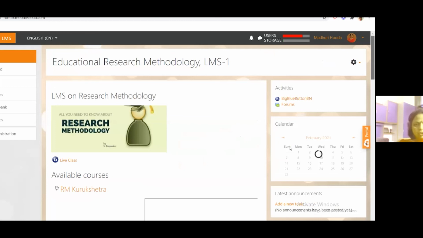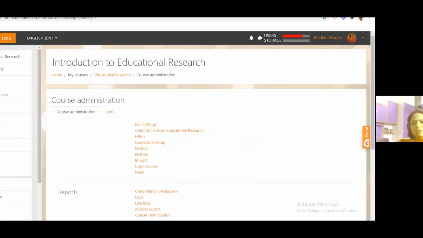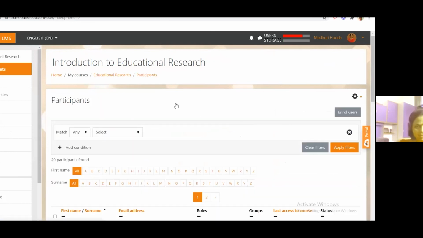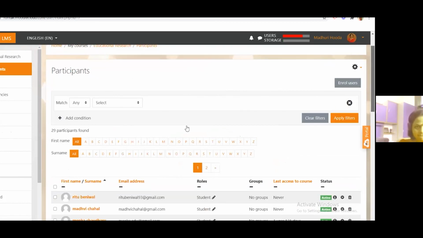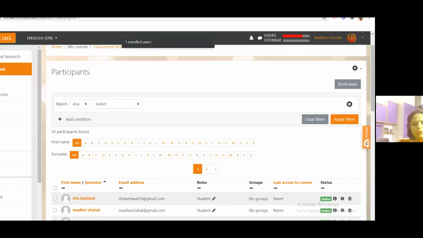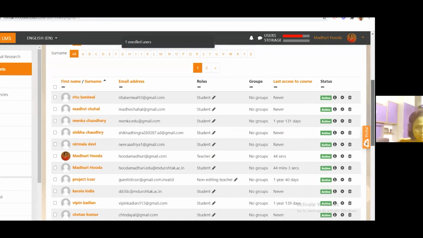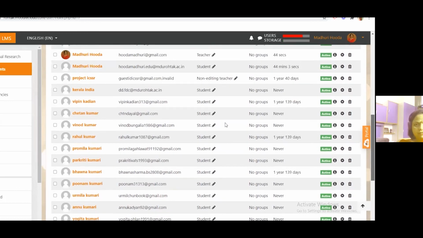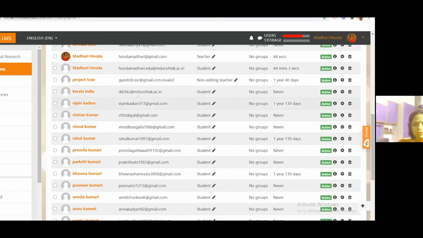You will click on users, then click on enrolled users. You have just created the users, but you have not enrolled them. Now click on enroll users. You have to click on the user, username, Kerala, India. And you can assign the cohort. So this user has been enrolled in the course. This is the user we have just enrolled.